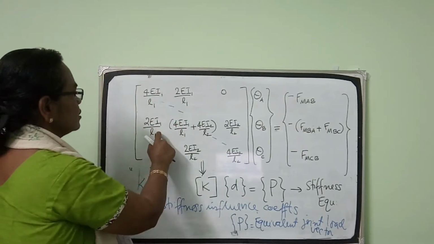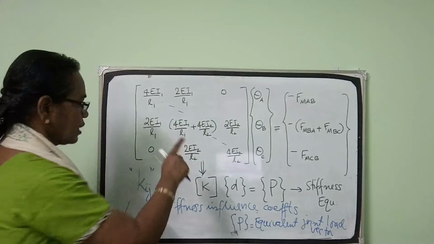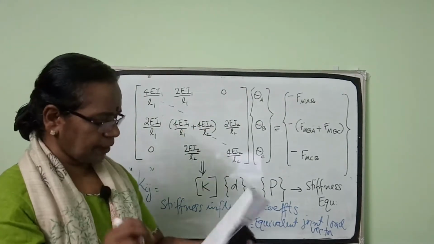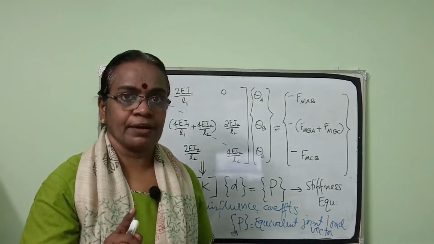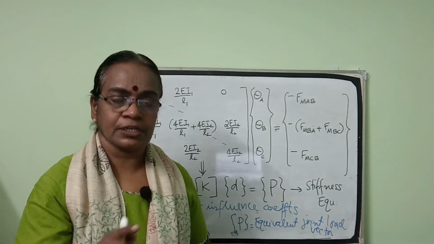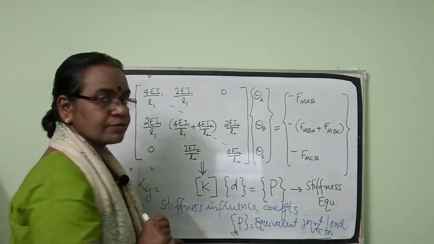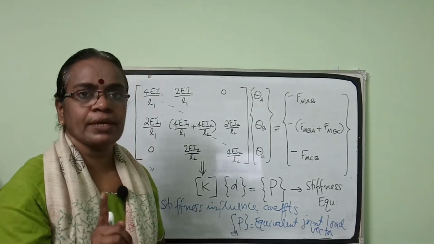Now coming to the properties of this stiffness matrix, we can see, looking into this, the first property is it is symmetric. See, if there is 3 degrees of freedom, the size of the matrix will be 3 by 3. So the different properties, one, it is a square matrix of order n, where n is the degree of freedom of the structure. Here the degree of freedom is 3, so the size of the matrix is 3 by 3, it's a square matrix. The second property is it is diagonally dominant.